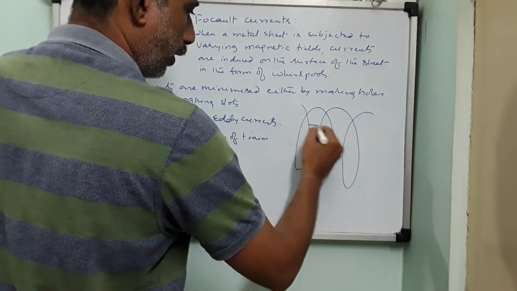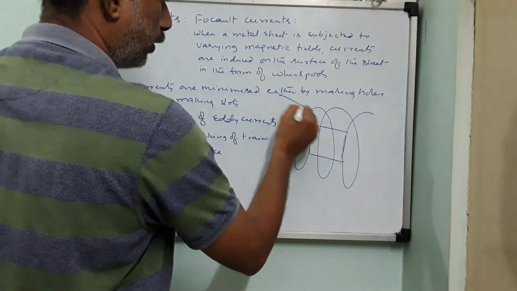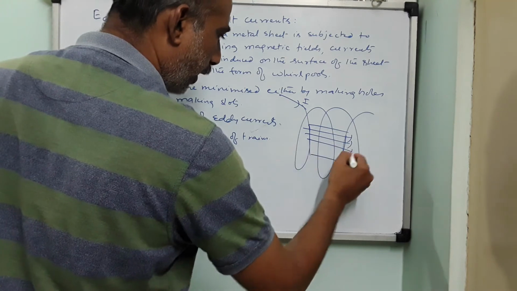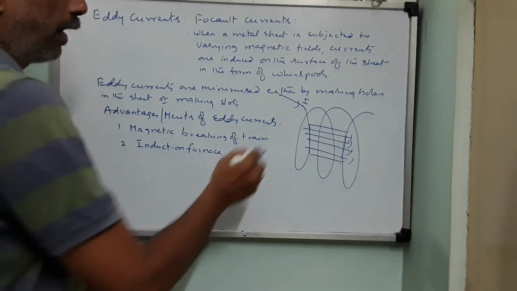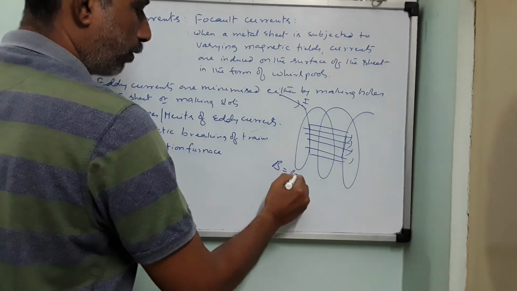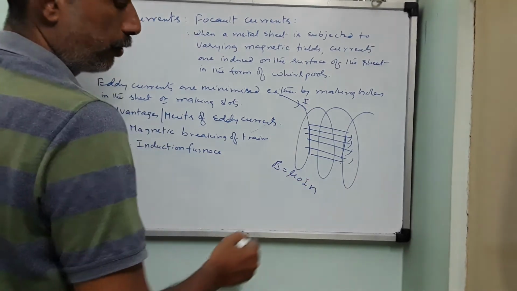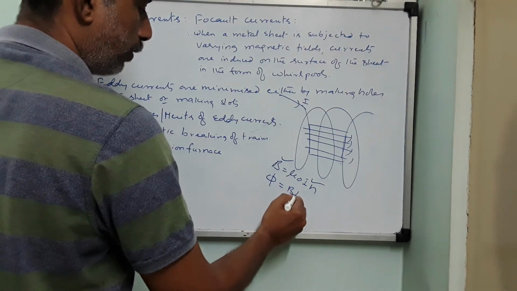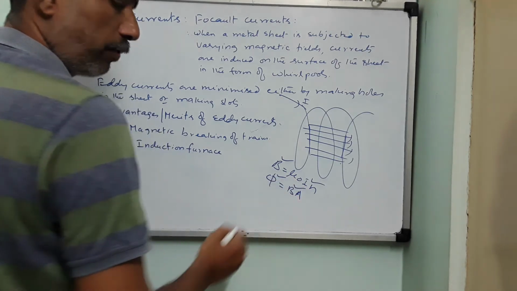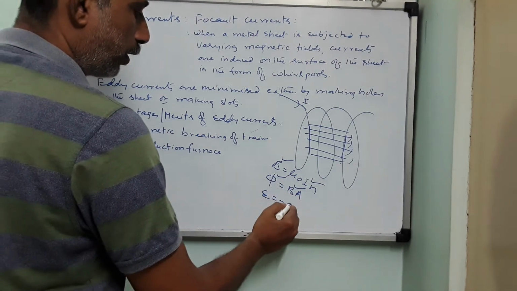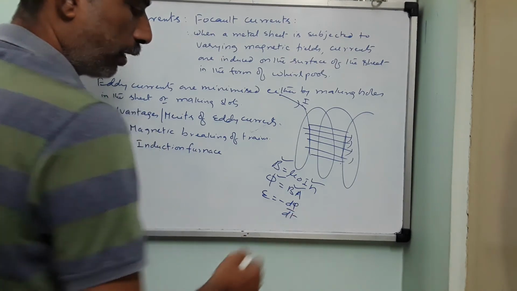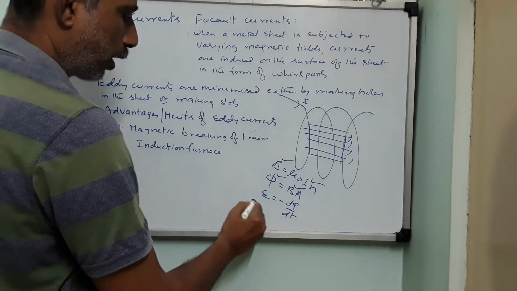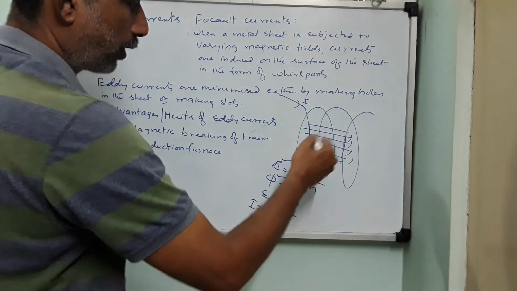So this is actually a solenoid. Here you are going to keep a sheet. In this you will be passing current I. So there will be a magnetic field. These are the magnetic field lines linked with this sheet. As current is changing, the magnetic field B equals mu naught IN also will change. So as I changes, B changes. Because of change in B, the flux phi equals BA also will change. Due to change in the flux with time, you get EMF induced, E equals minus d phi by dt. As the sheet has surface area, a current will be produced, I equals E by R, where R is the resistance of the sheet.